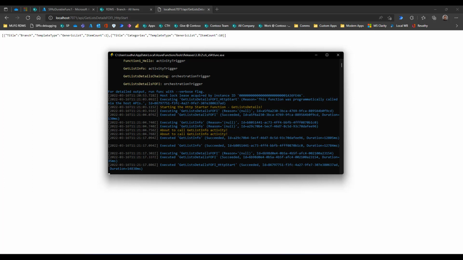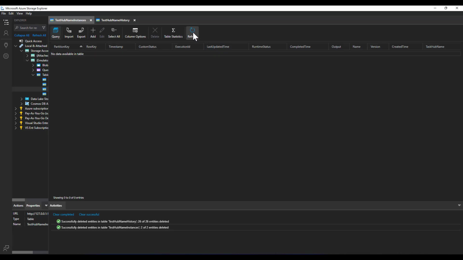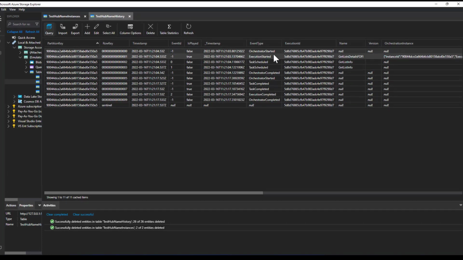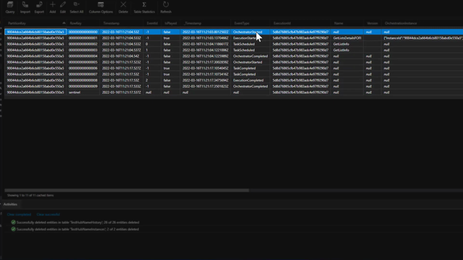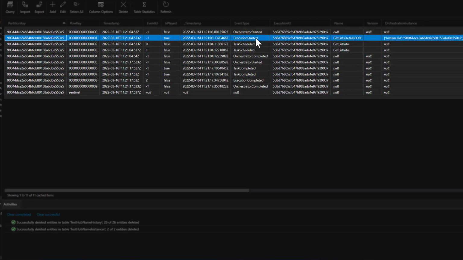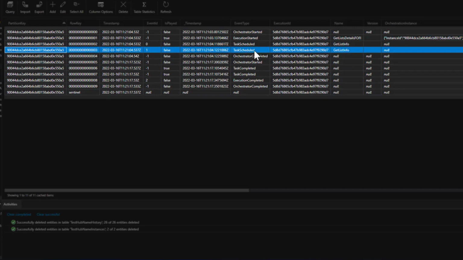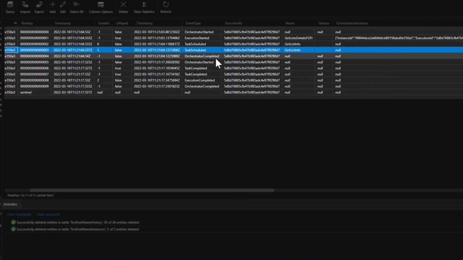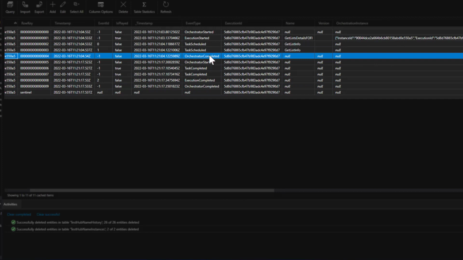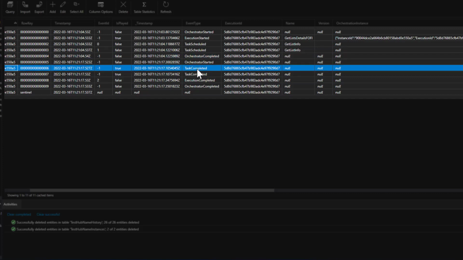And if you see the Azure Storage Explorer, the orchestration started, execution started, it has scheduled both the tasks, and now if you see here, it is completed because it has scheduled the tasks and then went into sleeping mode. And once the task is completed, right,